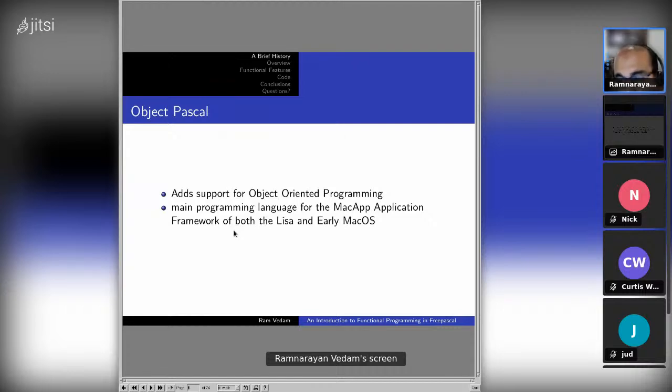Some successful applications were written in these really early versions. Early versions of Photoshop were written in this before they moved over to C++. There were various AppleTalk applications written in this. Core services for early Mac OS were written in Object Pascal as well. So it was pretty heavily used at Apple at that time, up until at least 92, 93.